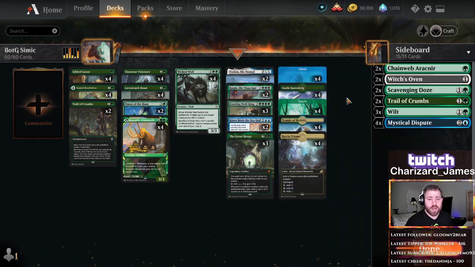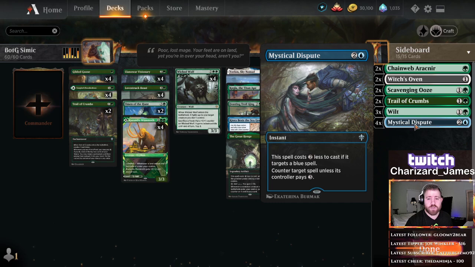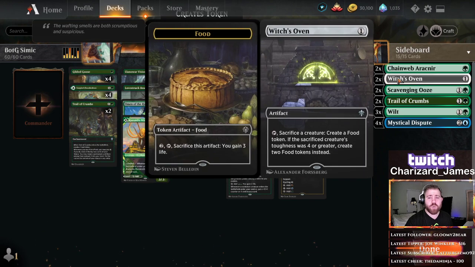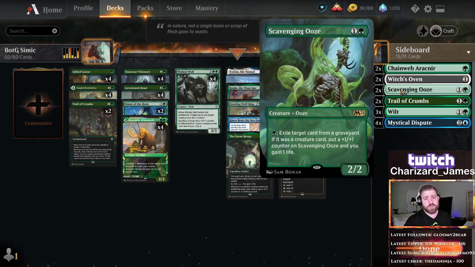We have 4 Castle Garenbrigs to be able to cast Kogla and Feasting Troll King 1 turn earlier. We have 12 blue sources here, not including our Gilded Geese, for Kiora, Behemoth of Sea God and Mystical Dispute in our sideboard. We have also in the sideboard 2 Chainweb Aracnir, 2 Witch's Ovens for those exile decks and extinction event decks and things, 2 Scavenging Ooze for the red-black Croxa mill decks and rogues,